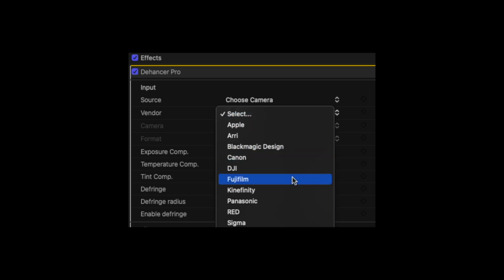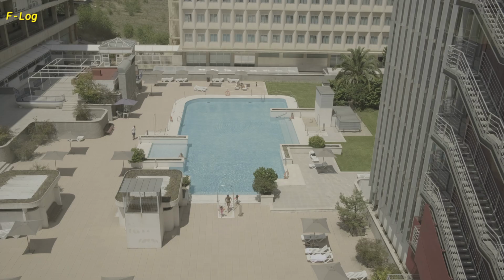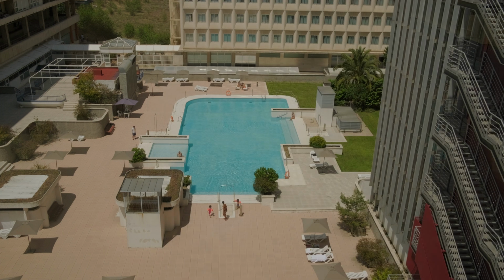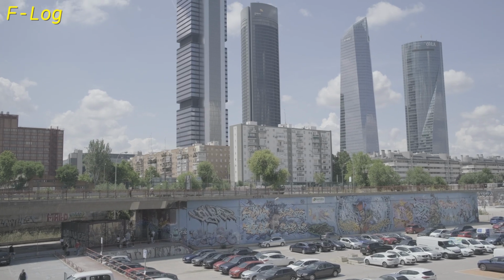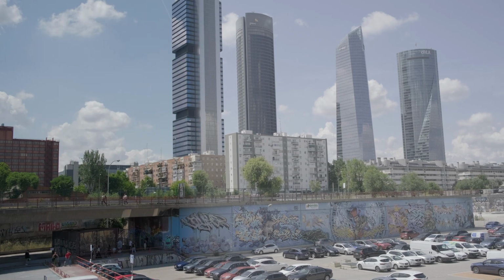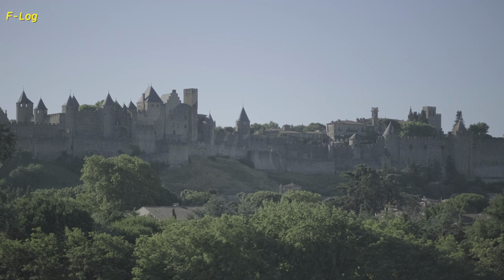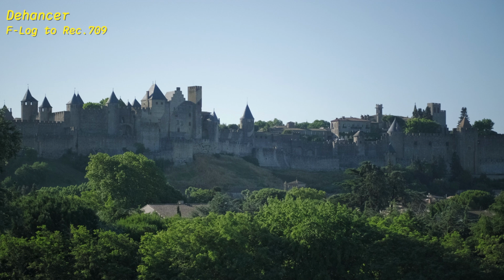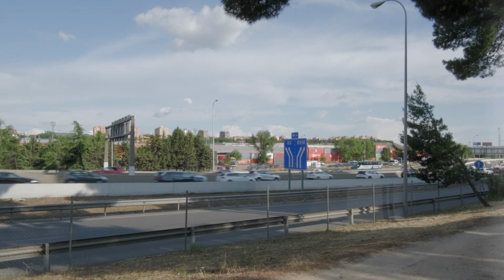For the Fuji X-T4, you want to select Fujifilm, X-T3, and then F-Log, since both cameras share the same sensor and F-Log type. With a couple of clicks, you tell Dehancer what camera the footage is coming from, and you get an initial grade that I find extremely pleasing. This honestly blew me away. No faffing around with manufacturer LUT files. Just click, click, and boom. It looks good. Part of me could end this video right here, right now. But this is just the start.